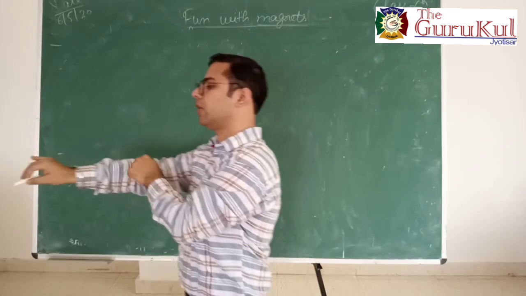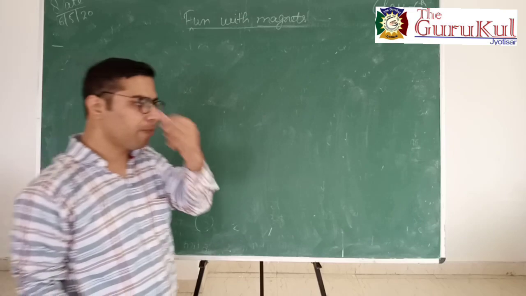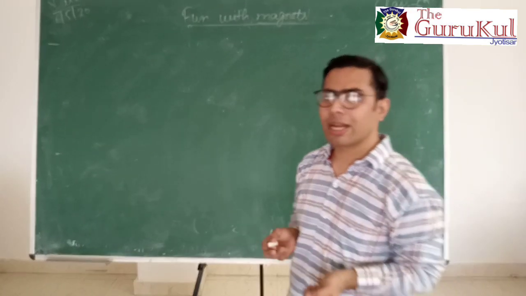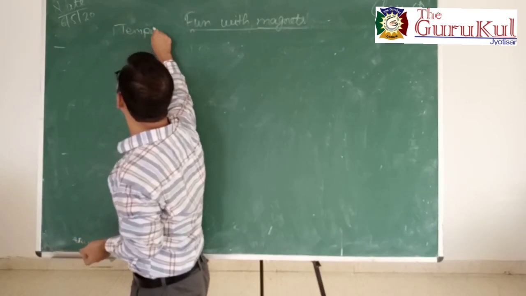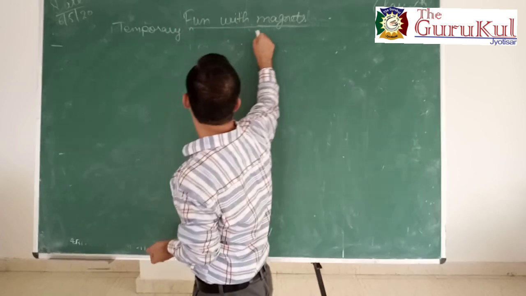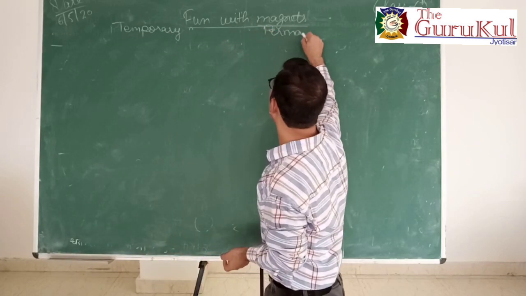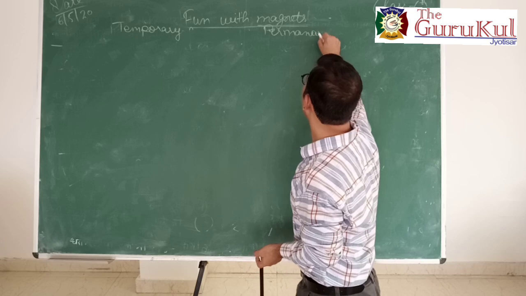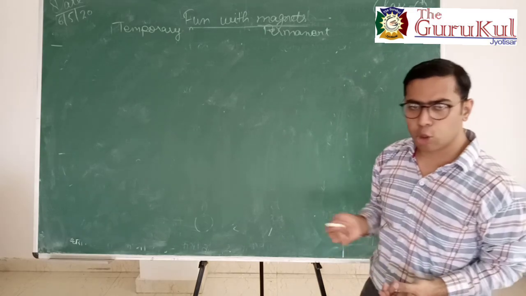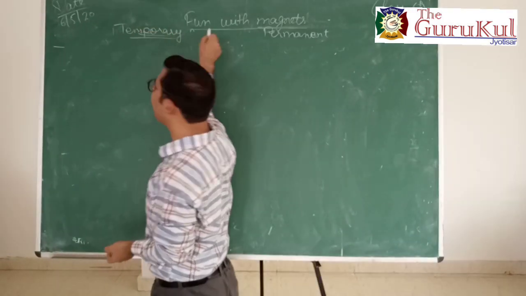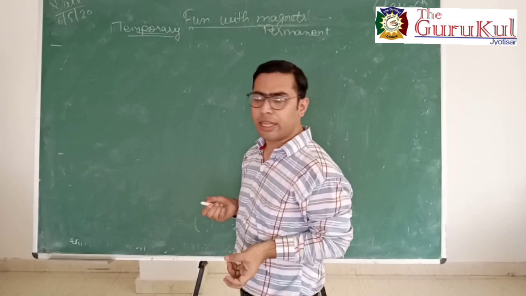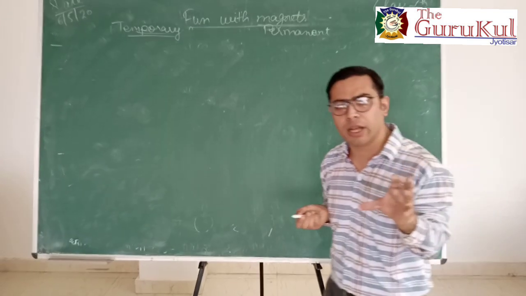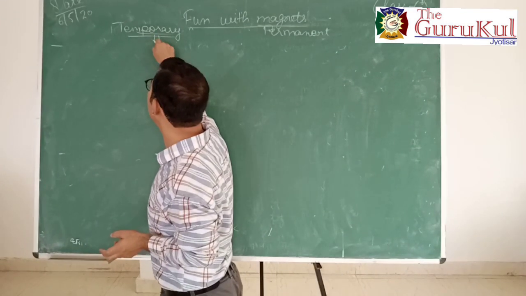Okay, now we are studying the types of magnet. There are some other types of magnet which I am going to tell you. One more classification can be done, like temporary magnet and permanent magnet. Those magnets whose magnetic power is temporary, that means for some time they will attract the material, and after some time they will lose their magnetic power. That type of magnet is known as a temporary magnet.